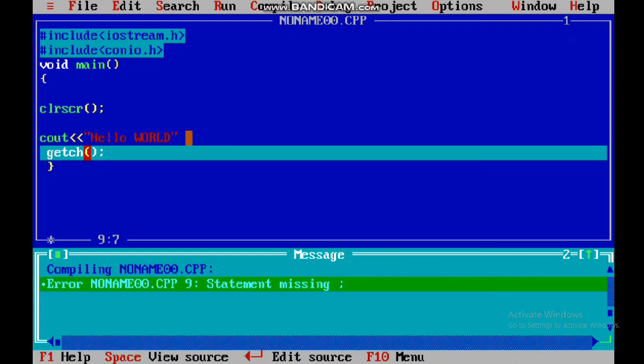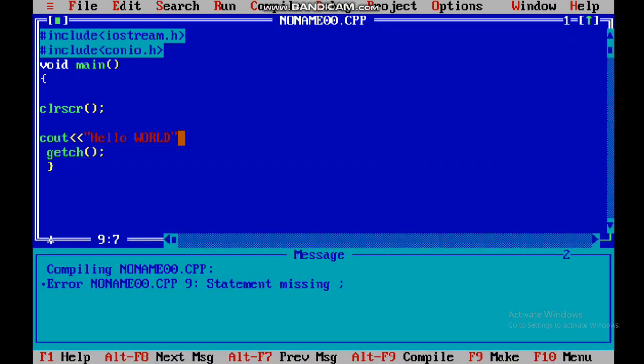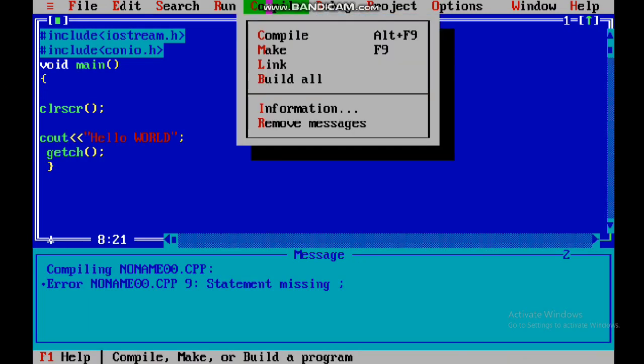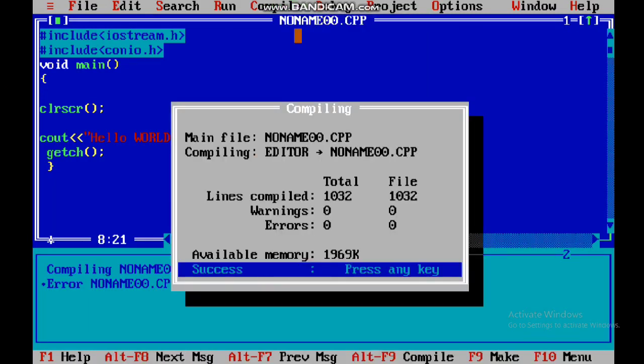So basically I don't have an error on this line, I have an error on the previous line. So I am going to put a semicolon over here. Now again I'm going to compile it, and now no error is there.